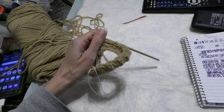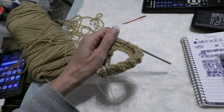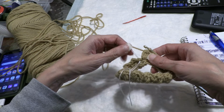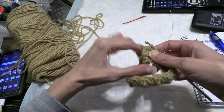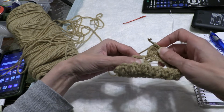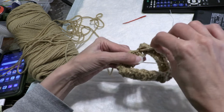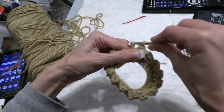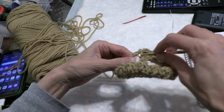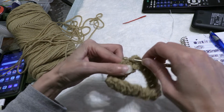Alright, round 2 is now complete, so marking that off. And you should have landed on a puff stitch. Removing our stitch marker, we're going to single crochet into the very first stitch where we just removed our stitch marker. So you're going to single crochet into a single crochet, and then in the puff stitch you're going to single crochet into that one,